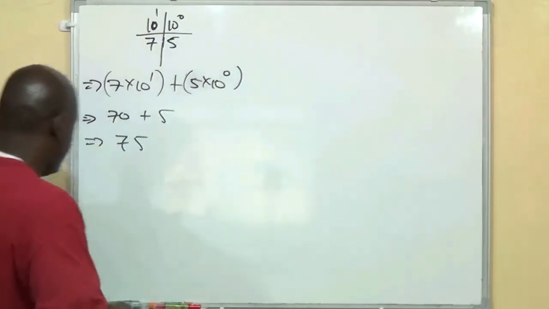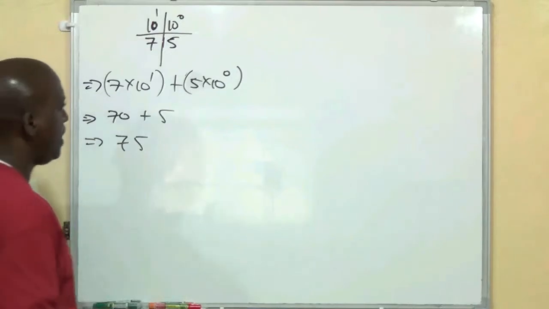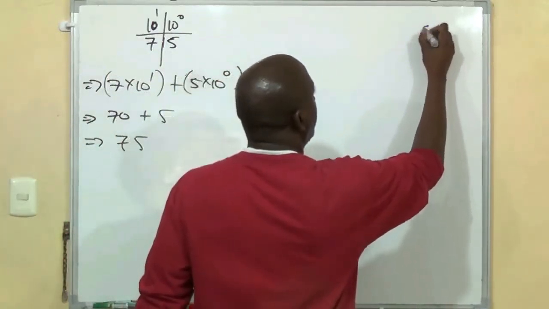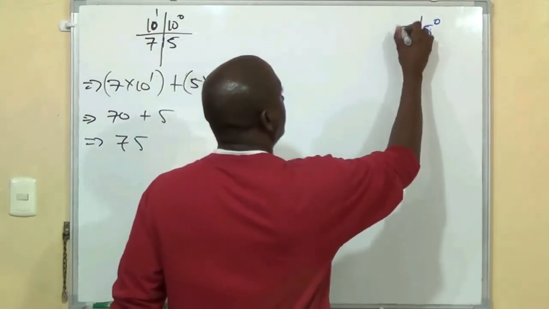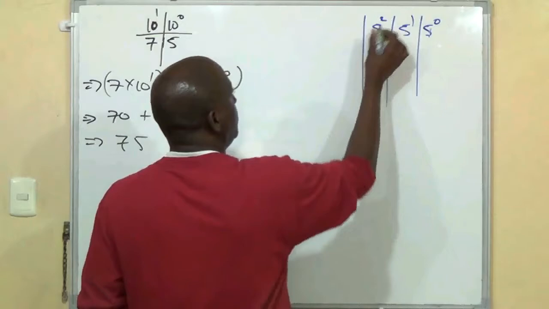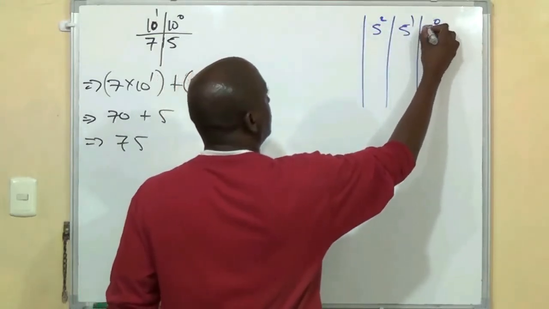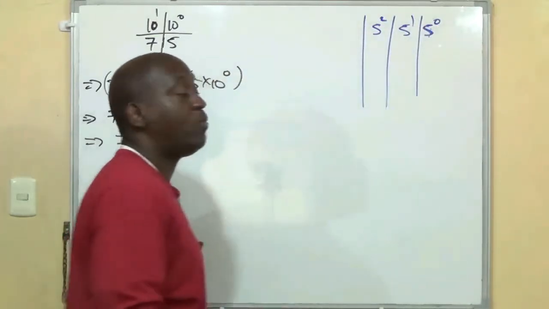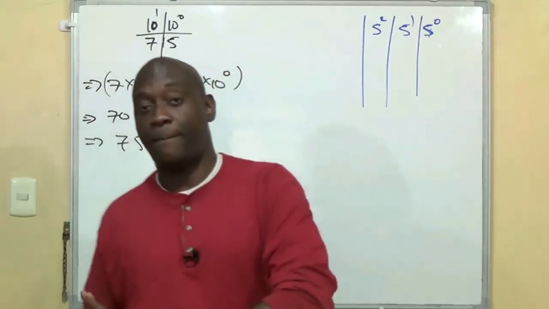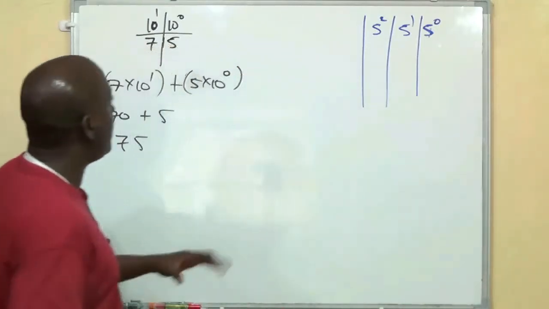So we change the color of the ink and we say that instead of powers of 10, we have 5 to the power of 0, 5 to the power of 1, 5 to the power of 2. We wouldn't go past 5 to the power of 2 because 5 to the power of 3 is 125, which is greater than the 75 we're looking for. So our 75,